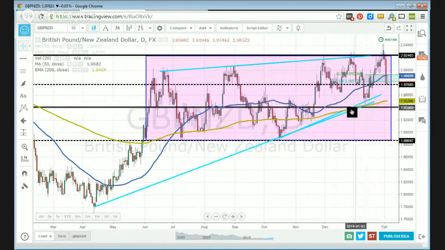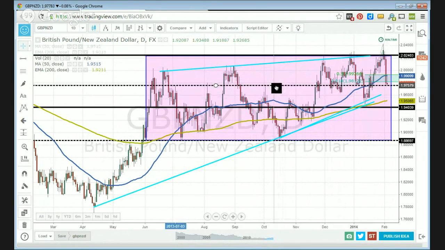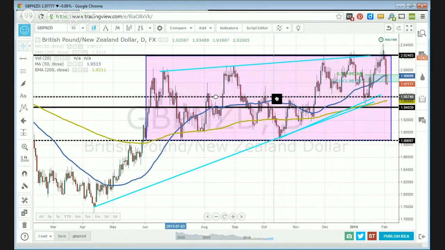I am interested in buying, especially if we can fall to 195.43. I think that could be an interesting level to buy at. Depends. We'll see the price action there, but I'm actually going to move this line down. Yeah, if we can fall to here, then we're going to have a 200 exponential moving average, have some of these